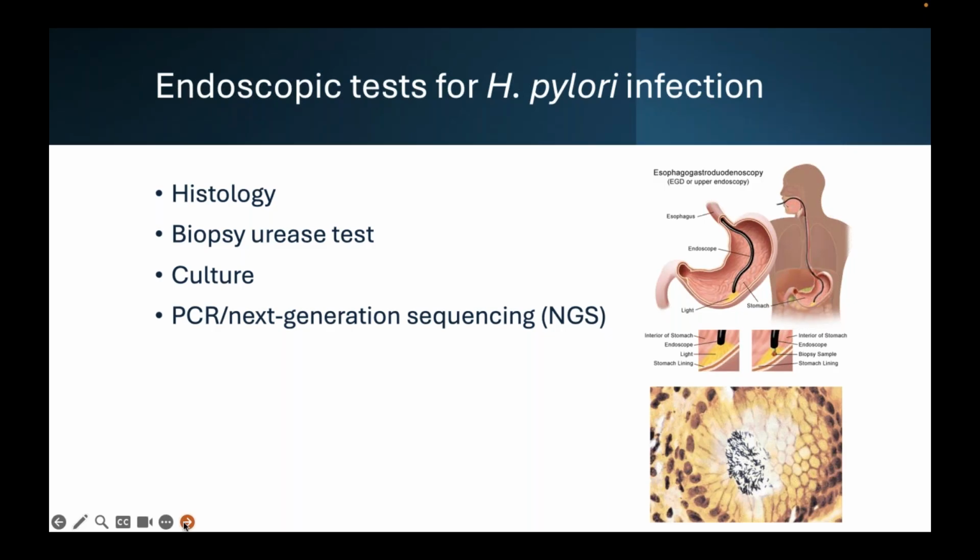The biopsy urease test has fallen out of fashion in recent years because it lost some sensitivity, but this is a relatively easy bedside test that can be done. So the biopsy obtained at the time of endoscopy can be put in a pH medium indicator. H. pylori produces a lot of urease enzyme, which metabolizes the small concentration of urea, which is in the gastric lumen. And one of the products of this is ammonia. So H. pylori alkalinizes its medium and can be put in a color indicator, and you get a color change from yellow to pink within a few hours with a biopsy urease test.